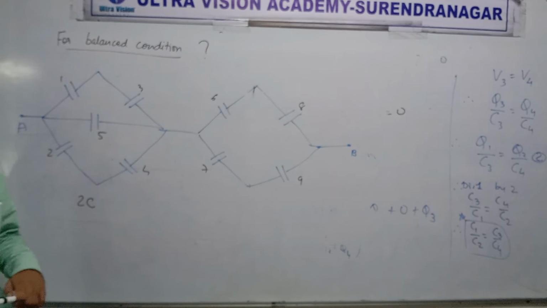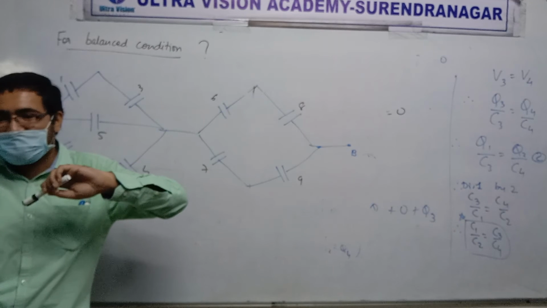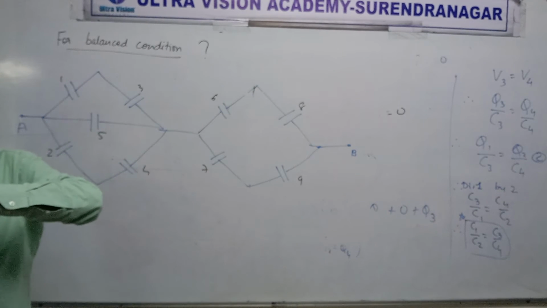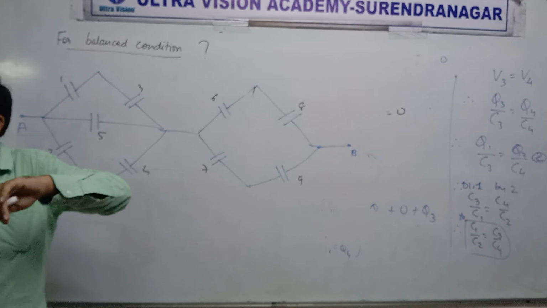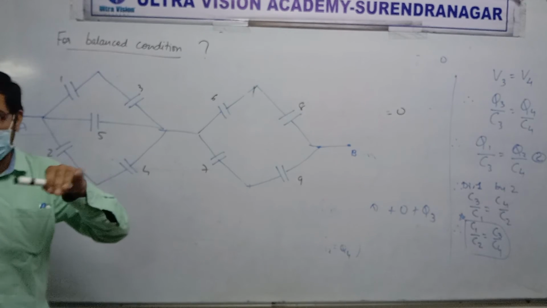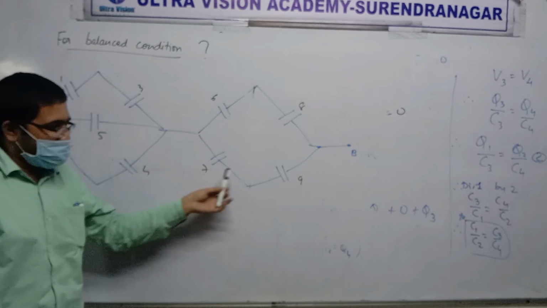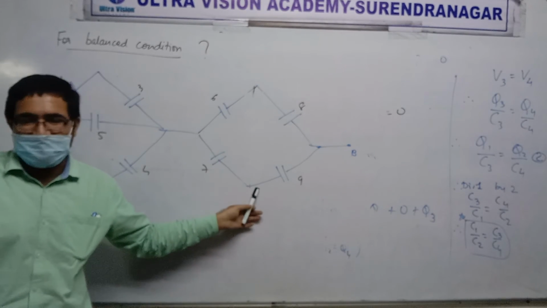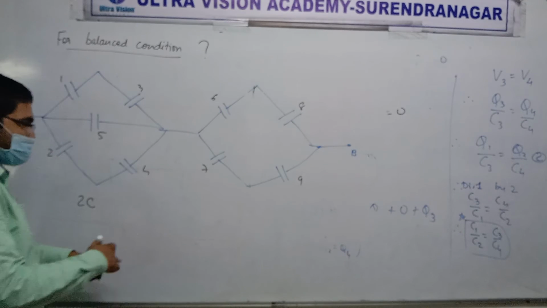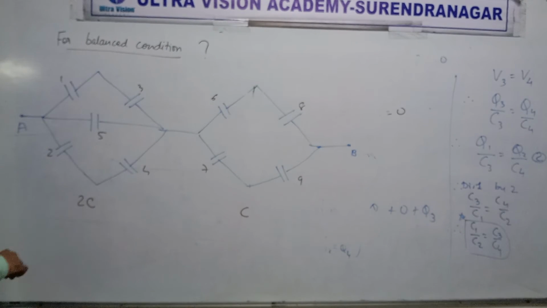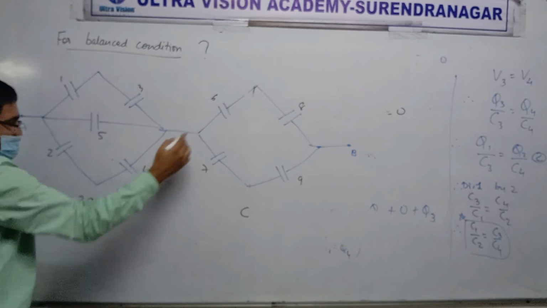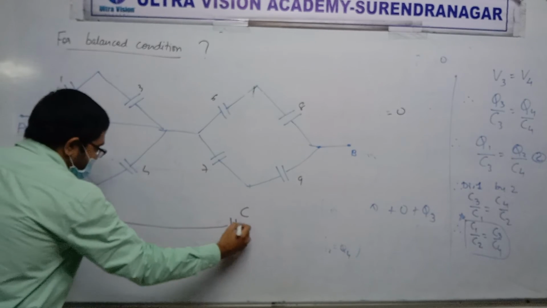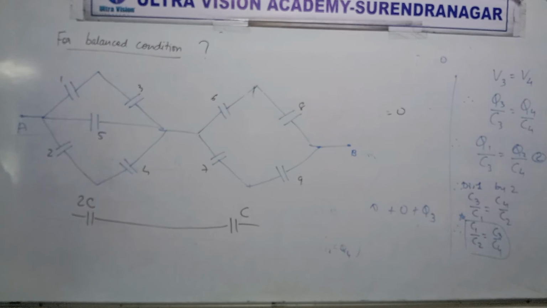Now solve. Now what is there? R6 and 8 in series? Yes. So C in series: C by 2. Correct or not? Yes. Everyone gets that? Formula: 1 by C equal to 1 by C1 plus 1 by C2. Over here, C by 2 in parallel: C. So you get C, and 2C with the wire in the middle. Yes or no? What? Final answer. Final answer 2C by 3. Clear? Not 3C by 2. Be careful. Got it?